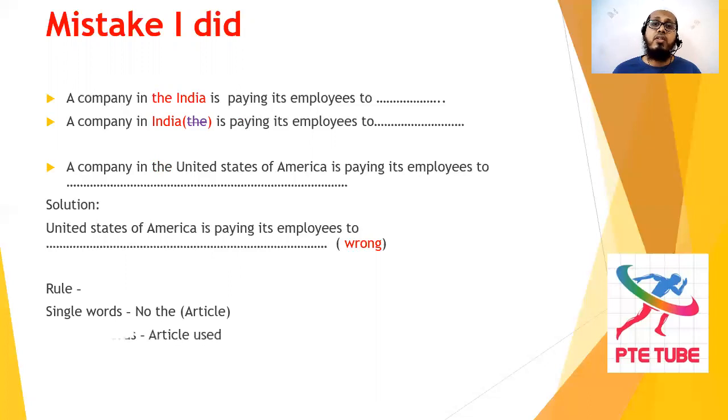Whereas the countries which have multiple words, the United States of America, the United Kingdom, in those cases we are supposed to use the article. Correct. This is the rule which I learned, and just because of not using the word "the", I lost my